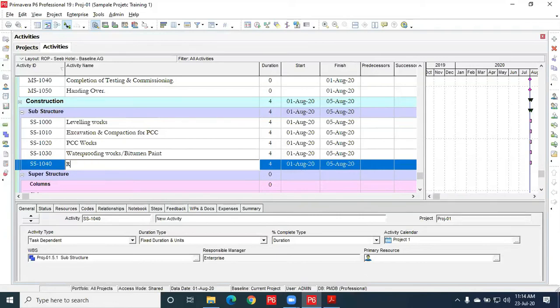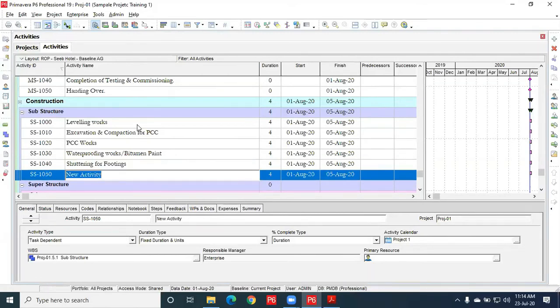Then after that, reinforcement for footings, enter. Then shuttering for footings, concreting for footings.